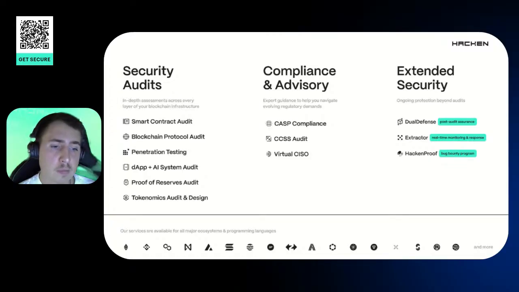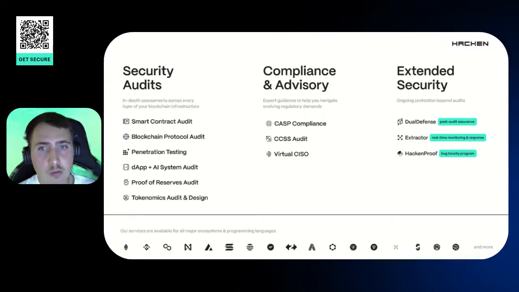For the compliance and advisory, we have the CASP compliance. So if you have a problem understanding some of the requirements, or you need to take an external look at your current state, you can contact us, just share your regulations and the requirements you face, and we will draft for you the needed proposal to kick off and initiate any help you need in the consultancy.